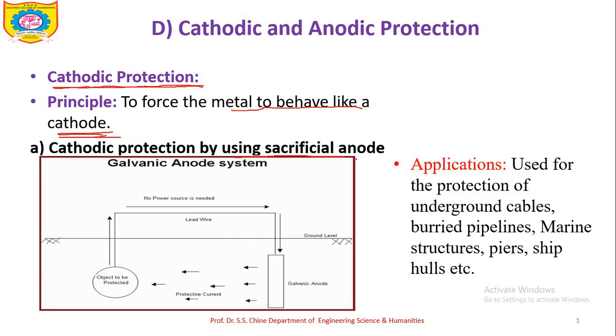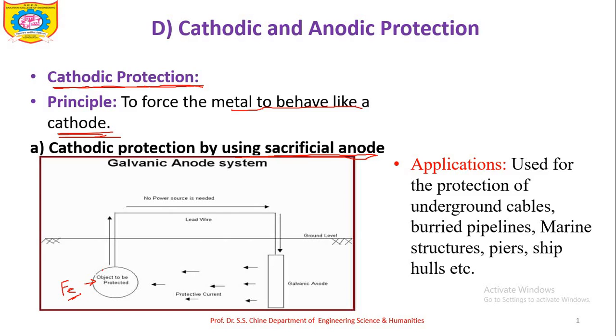The example which I just explained to you is of this method, the sacrificial anode. So if I want to protect this structure of the metal, iron, consider this example. I want to protect this underground structure which is made up of iron. Now, this is acting as an anode and gets corroded. But I want to protect it from corrosion. So what should it act as? It should behave as a cathode.